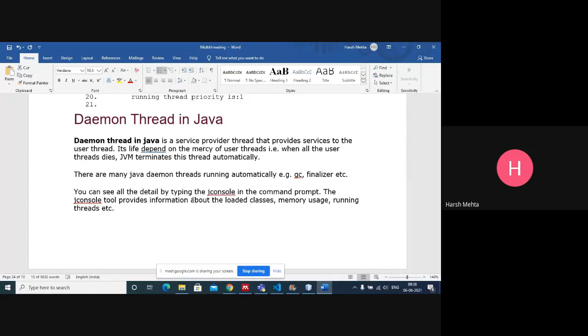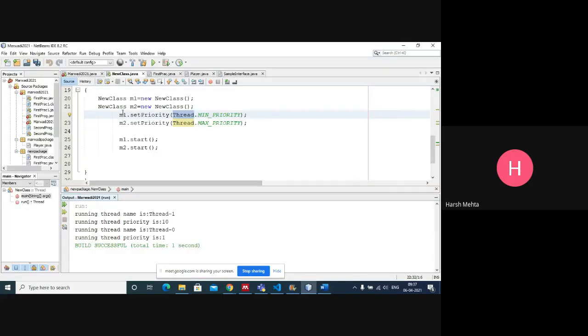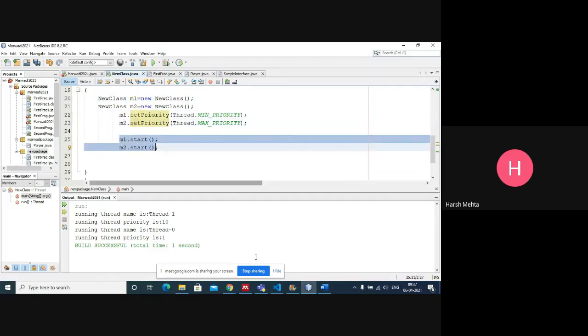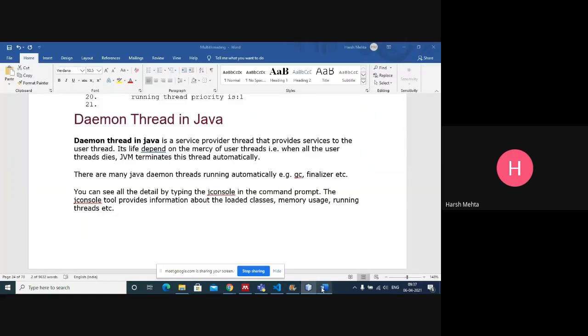Daemon thread in Java is a service provider thread that provides service to the user thread. User threads means M1 and M2 are user threads. Its life depends on the mercy of user threads. That is, when all the user threads die, the JVM terminates this thread automatically.